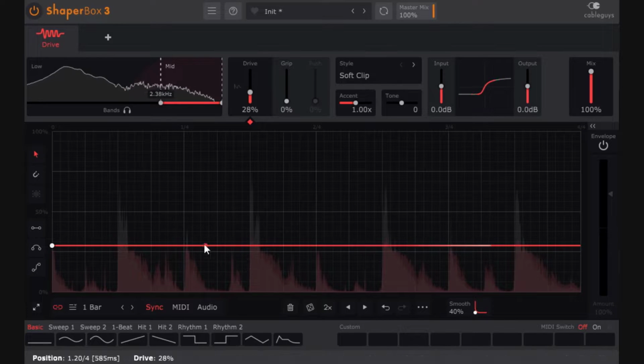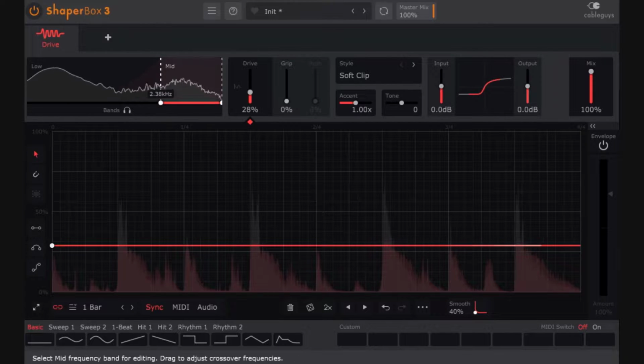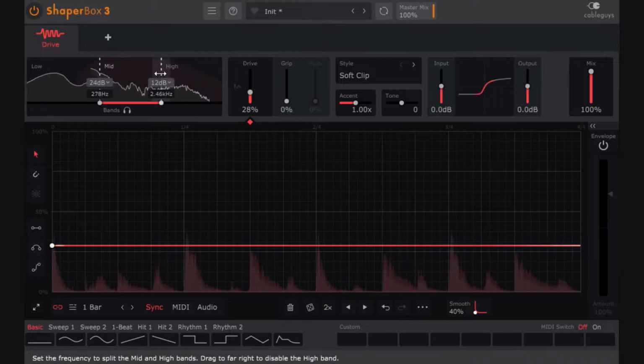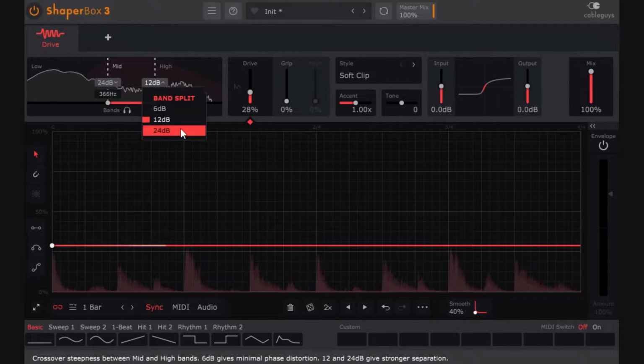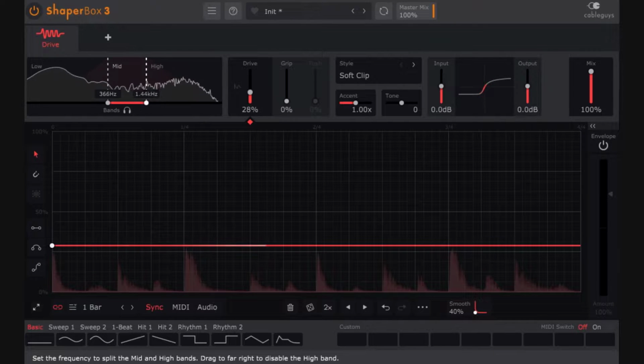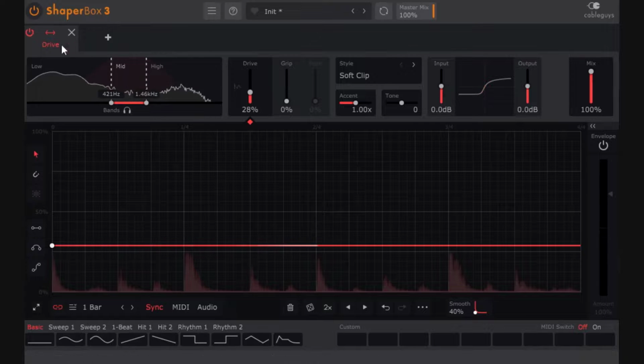Right? So it's pretty simple. Let's say that I want to do maybe this on the mids. Notice how the sound changes. I'm gonna be doing something like, yeah, pretty aggressive, just on the mids. Right here. If I turn it off,